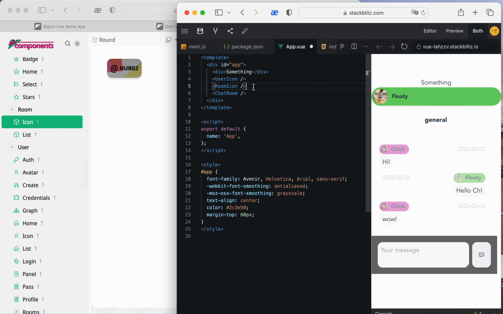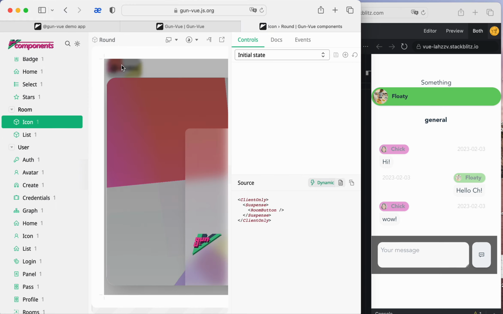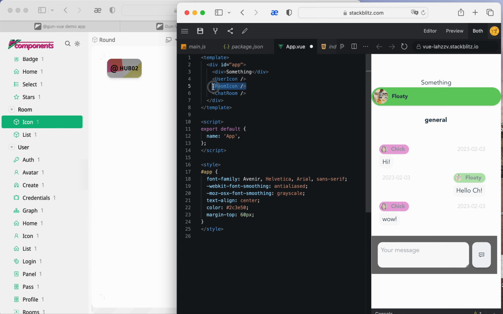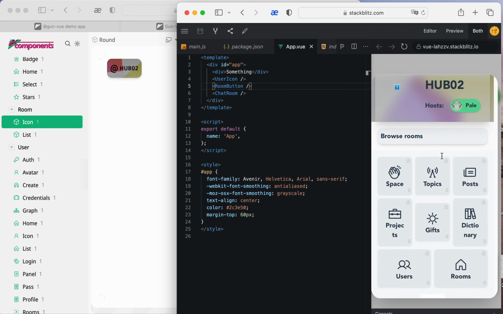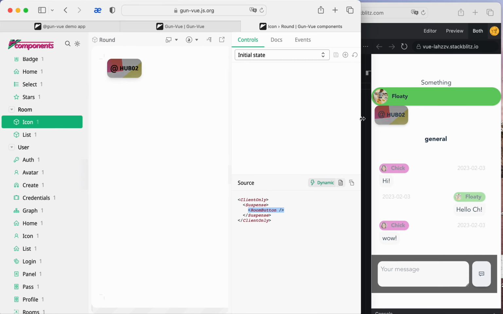But okay, that's not a big problem. Yeah, room button. Oh, wow, room button. So here we have the room that we are in, and yes, we can